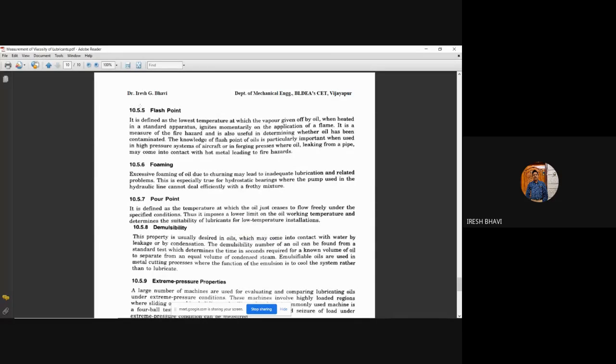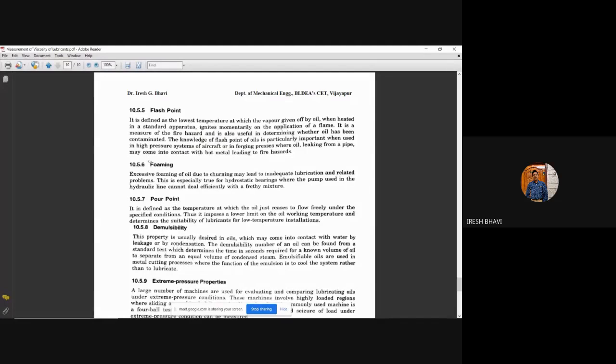Then flash point. You know the flash point, even in the engine testing lab which you had in the 5th semester, there you did flash point and fire point. So flash point means what? It is the property of the lubricating oil. At higher temperature, the lubricating oil may release fumes and it may catch fire. So if the flash point of the lubricating oil is very, very high, then what happens? The lubricating oil will not catch fire at low temperatures. So the flash point of lubricating oil should be high.